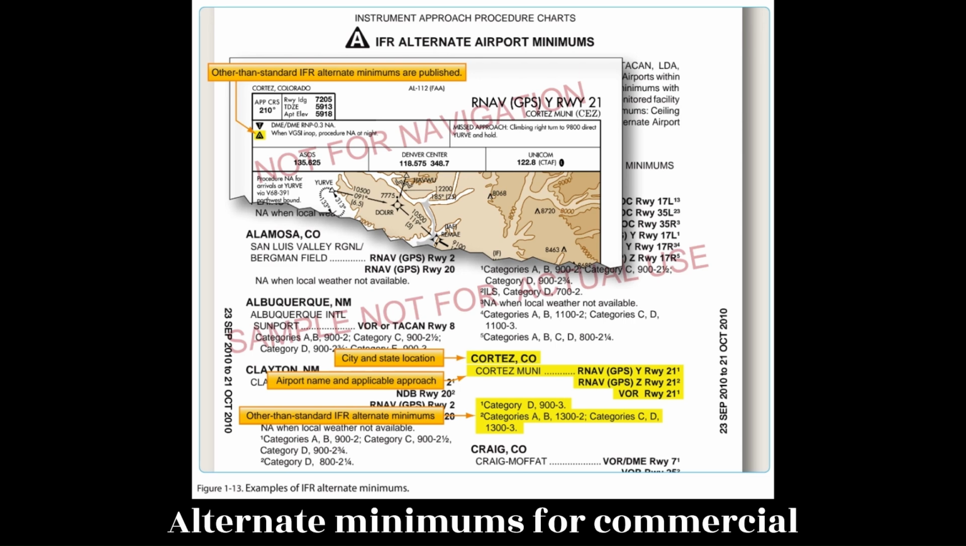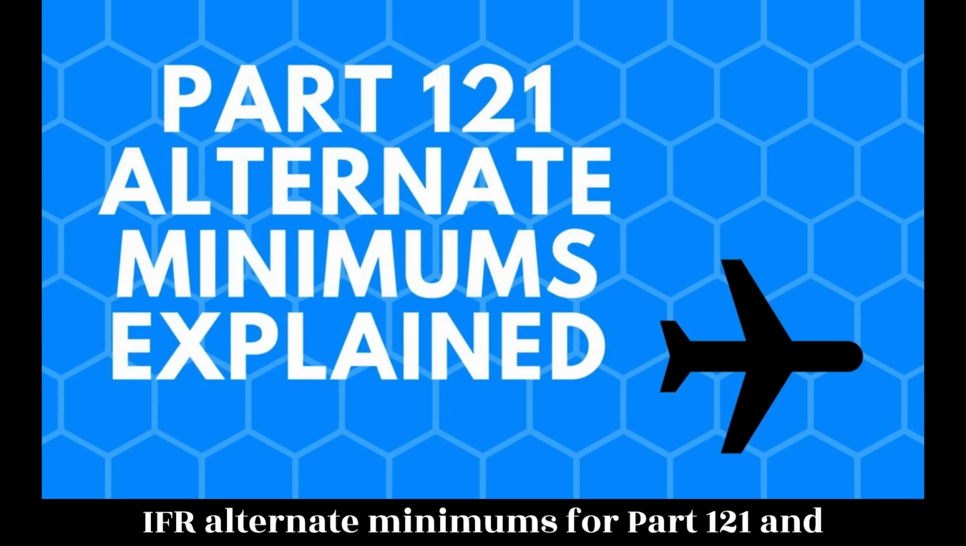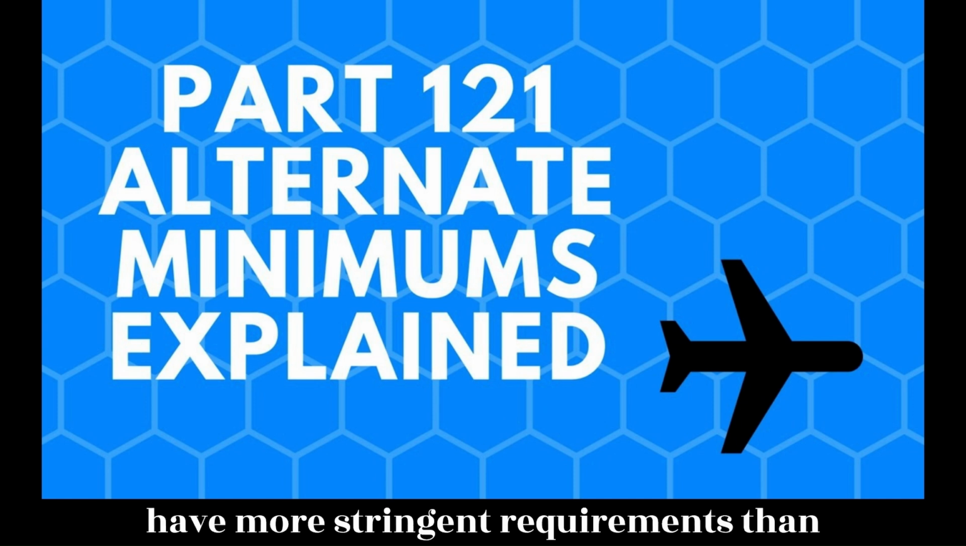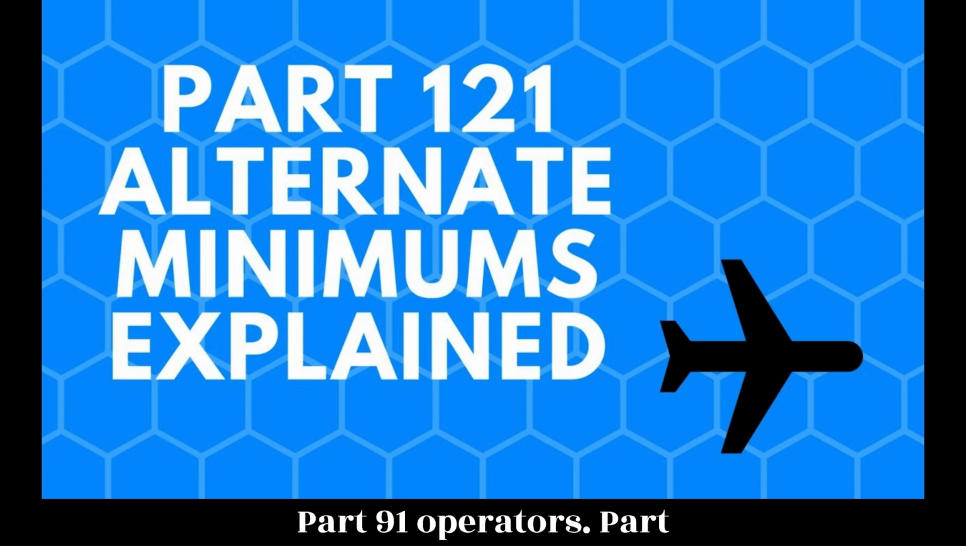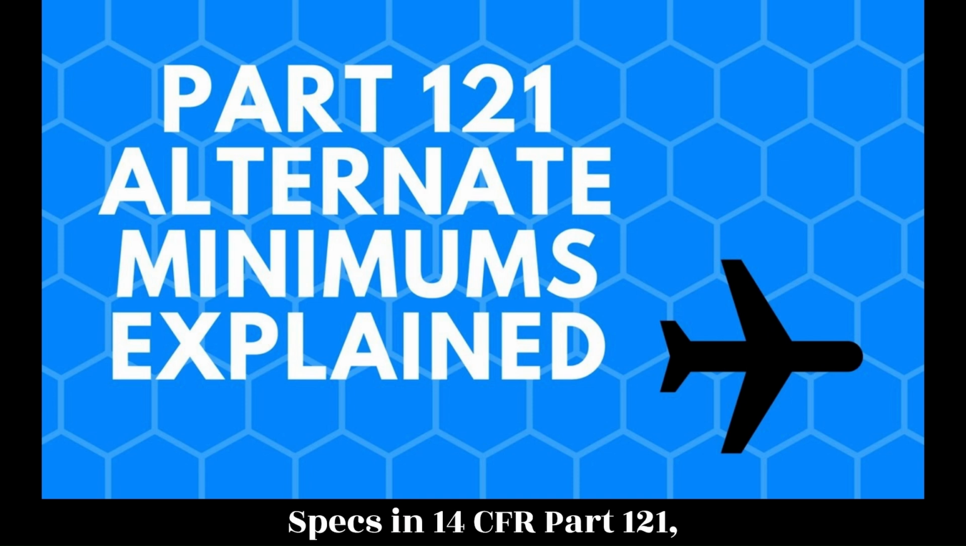Alternate minimums for commercial operators. IFR alternate minimums for Part 121 and Part 135 operators are very specific and have more stringent requirements than Part 91 operators. Part 121 operators are required by their opspecs in 14 CFR Part 121, Section 121.617 and